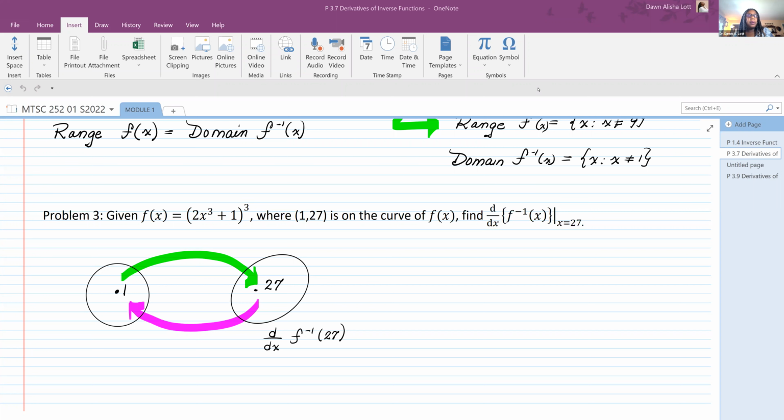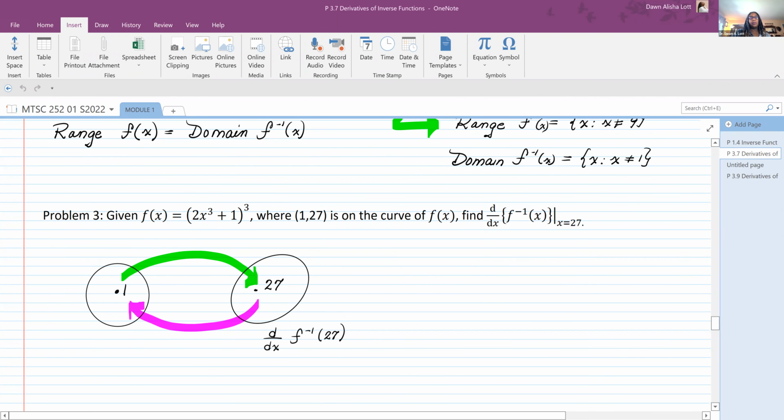Okay, so where we left off yesterday was we were given the function f of x equal to (2x cubed plus 1) quantity cubed, where the point (1, 27) is on the curve. And so you're asked to find the derivative of the inverse function at 27. Okay, so in order to find the derivative of the inverse function at 27, which is what we're looking for,